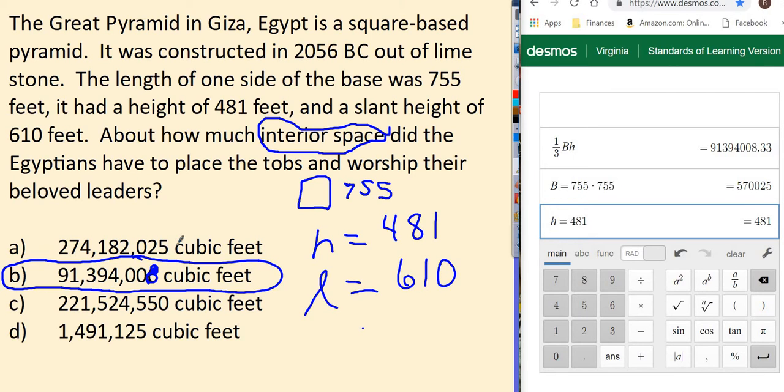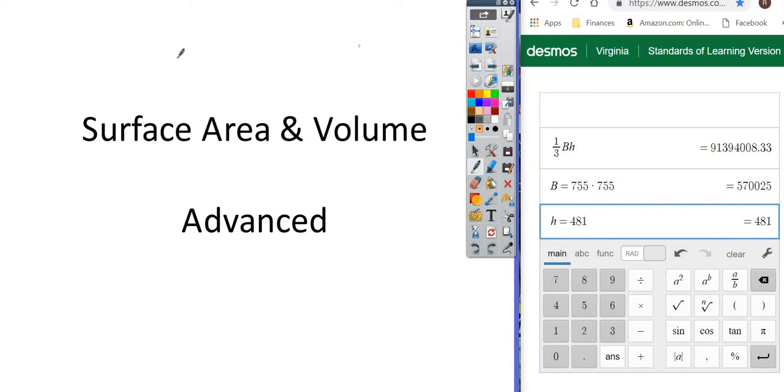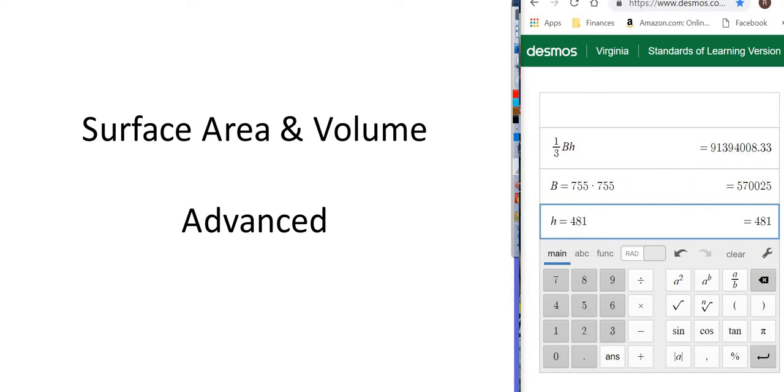Not hard at all. Don't let the giant numbers scare you. Just take your time. Make sure you know that the area of a base is side times side, okay, because the area of a square is length times width. And make sure you use the height, the H. That's what's in the formula, not the L, not the slant height. And then you'll have your answer. All right, looks like we've gotten to the advanced stuff. So that'll be the next